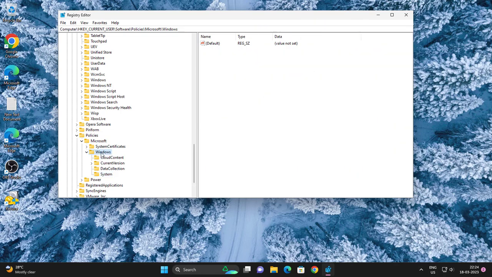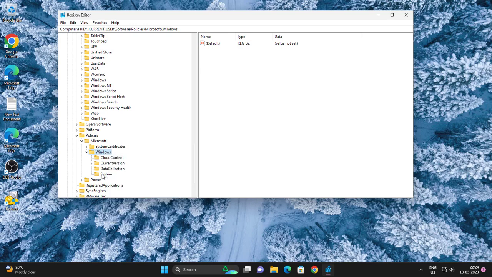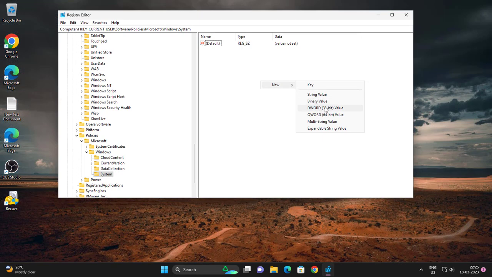If Windows here doesn't have System, you need to create a new key, type System, name it, and double click System and go right, new DWORD 32 value,